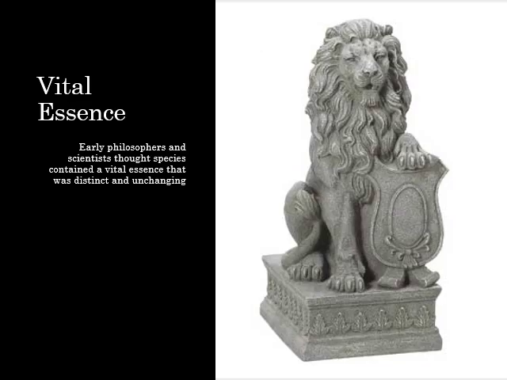These early philosophers all thought that everything had a vital life essence to it. This is a statue of a lion. You can all agree that's a statue of a lion, right? The way that we know this is a statue of a lion is because our vital life essence matches that one's vital life essence, and we're able to see them. Or this has the form of the lion that our minds and our spirit can comprehend. That was the original thought. We know what it is because we have a connection with it.